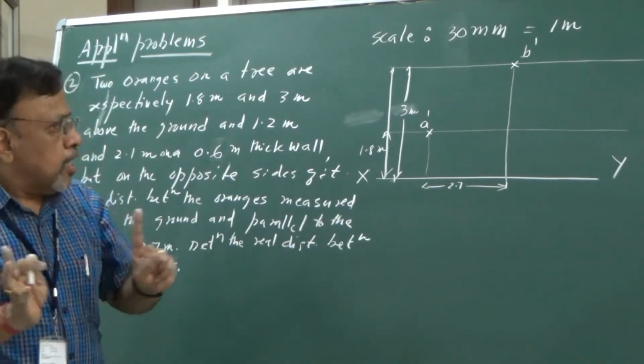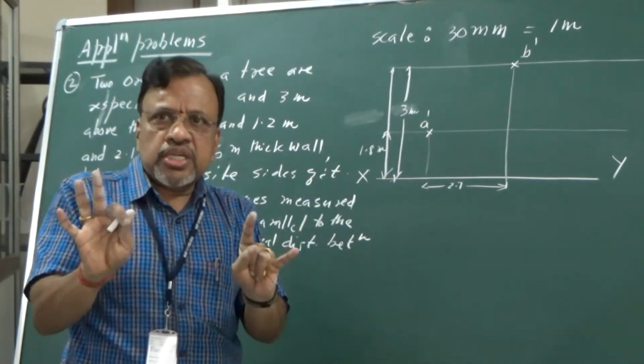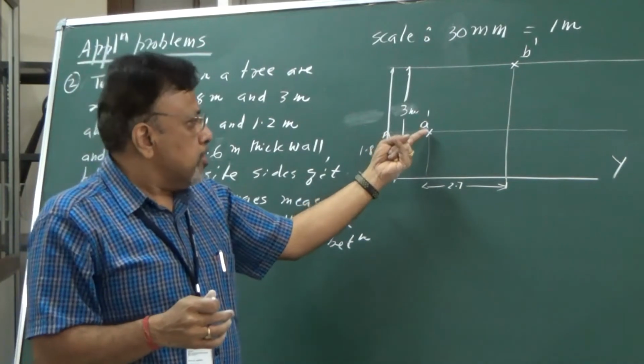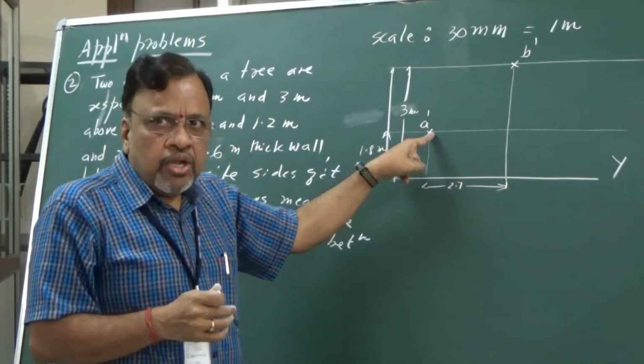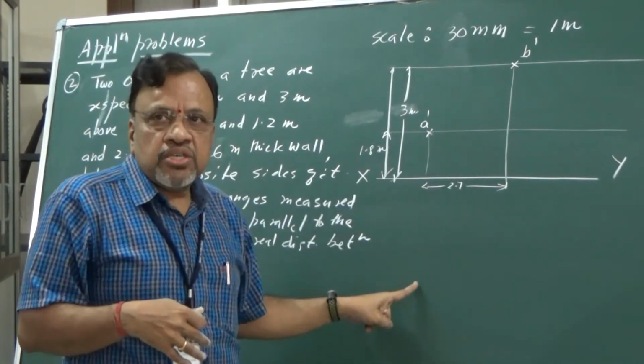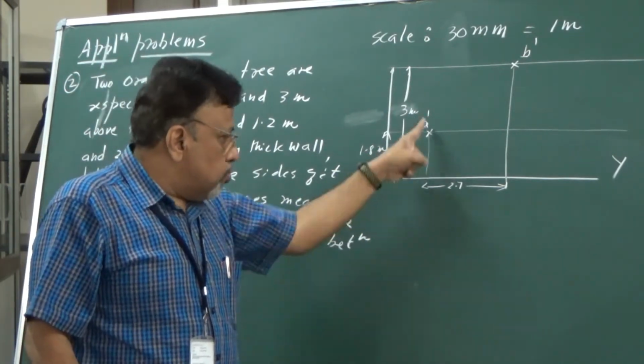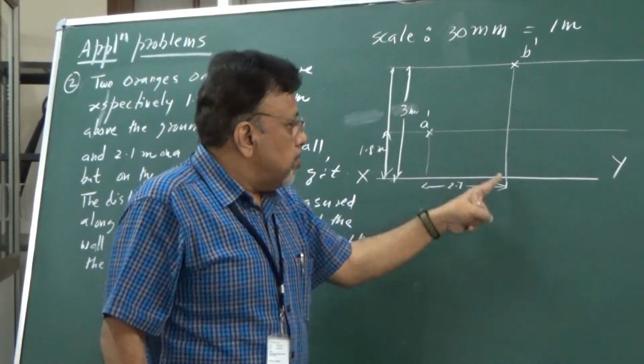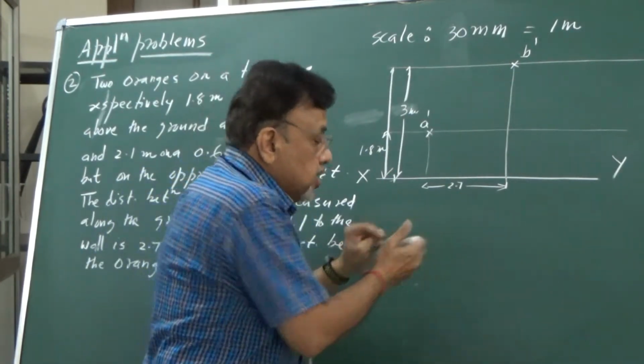Now, always remember A dash A, same projector, that cannot be changed because the location of the orange has to be in a particular location only. So whether in front or top view, the projectors through that have to be on the same lines. So remember, your A dash and A should be on the same line and B dash and B should be on the same line. But how do you locate in the top view?